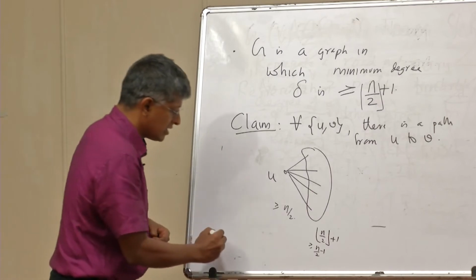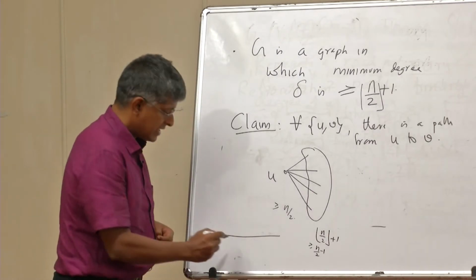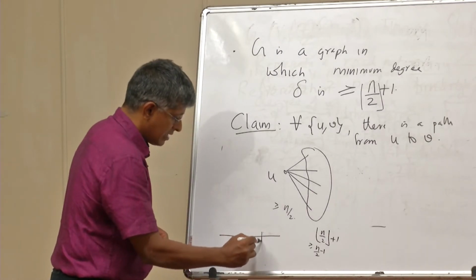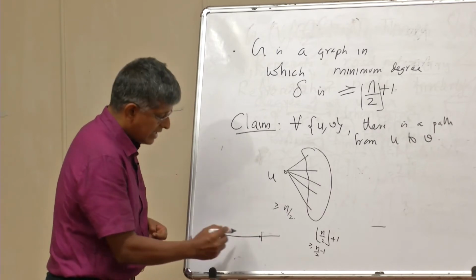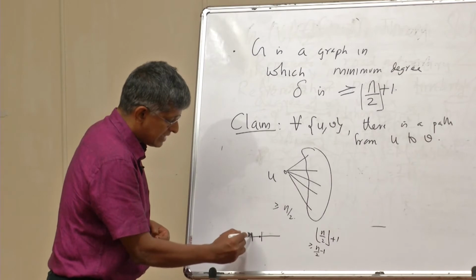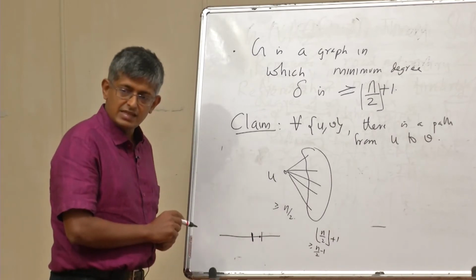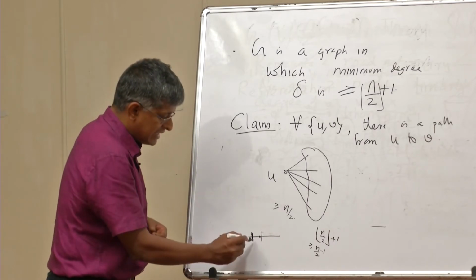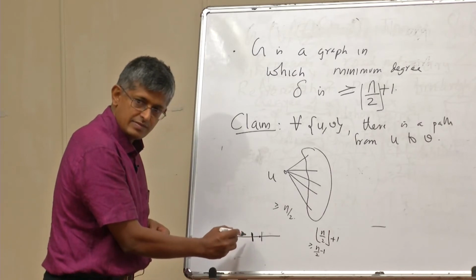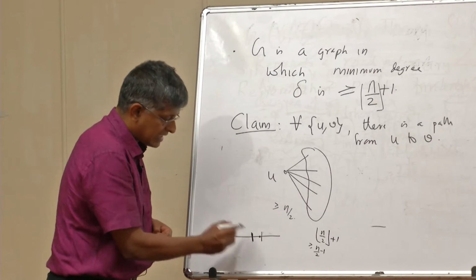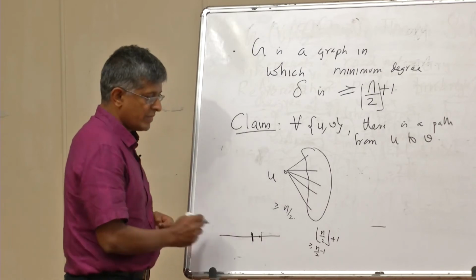So if you draw the set of integers, n by 2 might be a value somewhere here, and this is the next integer value. But this next integer value is at least as large as this minus 1. So it's at least as large as this integer value